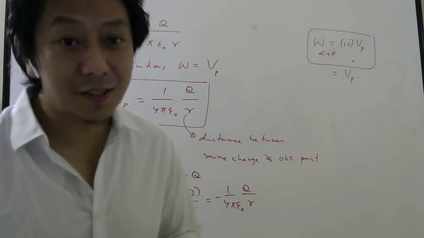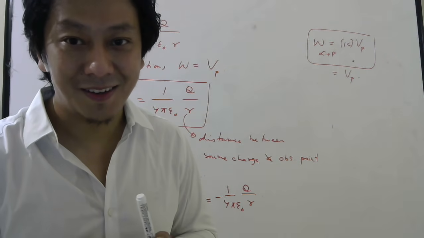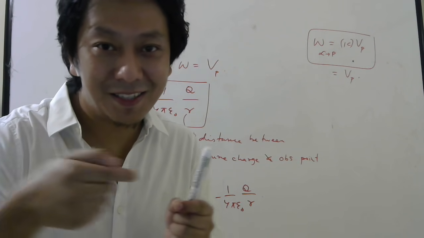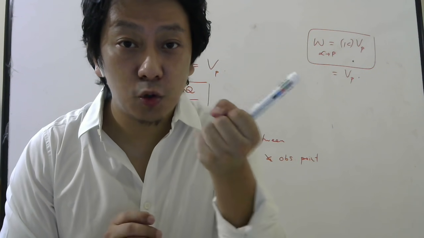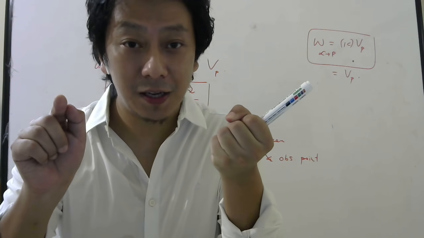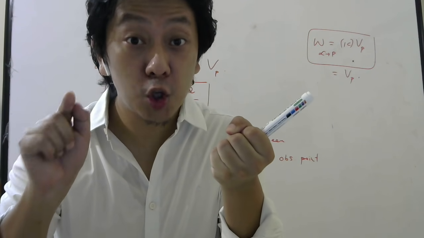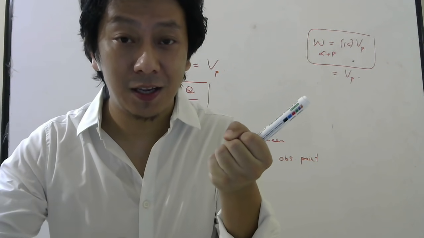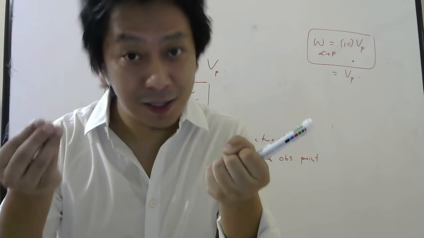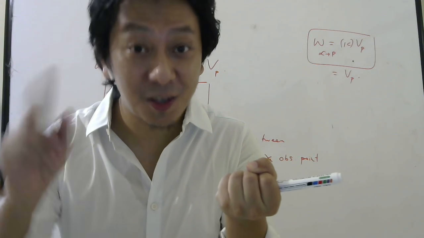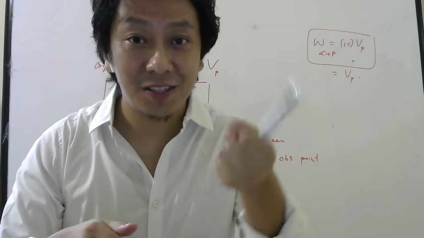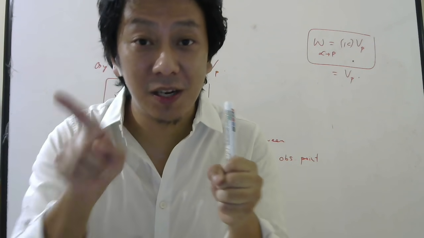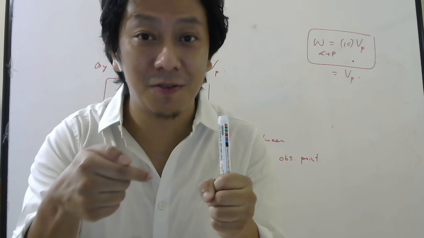So you cannot say, sir, I will write magnitude like that. Minus sign will tell me the direction. See, in case of electric field, let us go back to electric field. If source charge is positive, electric field is 1 by 4 pi epsilon naught Q by R square away. If it is negative, magnitude is same only, 1 by 4 pi epsilon naught q by r square, but it will be towards. So the sign of the source charge will tell you the direction of electric field.